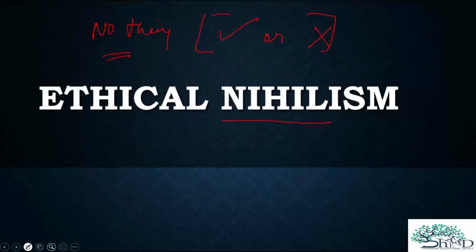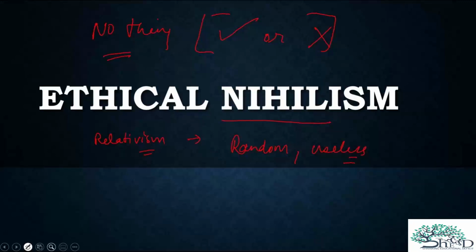So when does this come into the picture? It comes into the picture when relativism is taken to the extreme. Relativists say that whatever is right in your ethics, it is right. What is right in my ethical culture, it is right. But here there is no culture. They say that all individuals are different. There is no use of studying ethics. Humans are irrational, they are stupid, and they change. Their nature keeps changing. So what is the need to study ethics? What is the need to give some universal principle? So they say that things are random, and making ethical principles is useless.